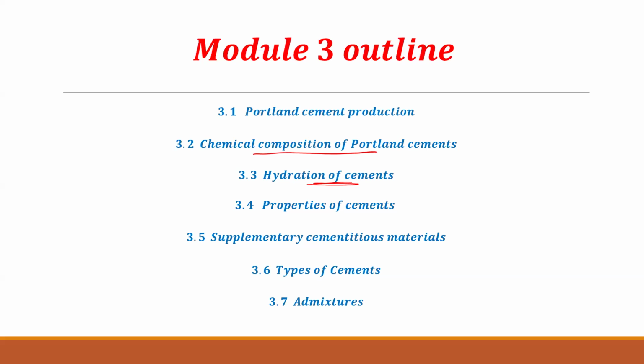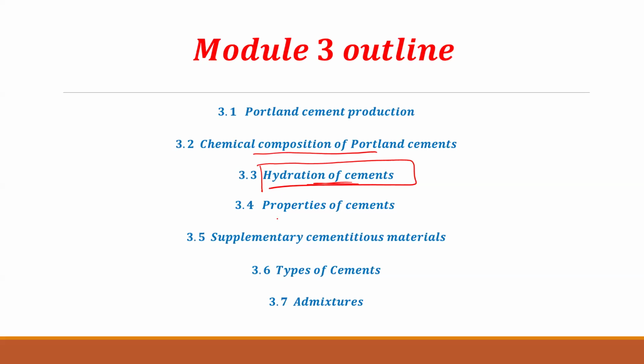Depending on what chemicals we have, this hydration process will generate different amounts of heat and the cement will get hardened in different times. Some are fast hardening, some have delayed hardening. So we need to learn about this reaction process to select the right cement for a particular